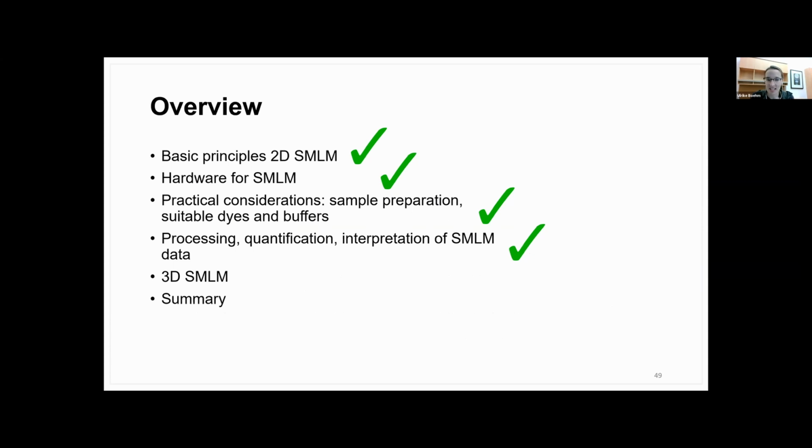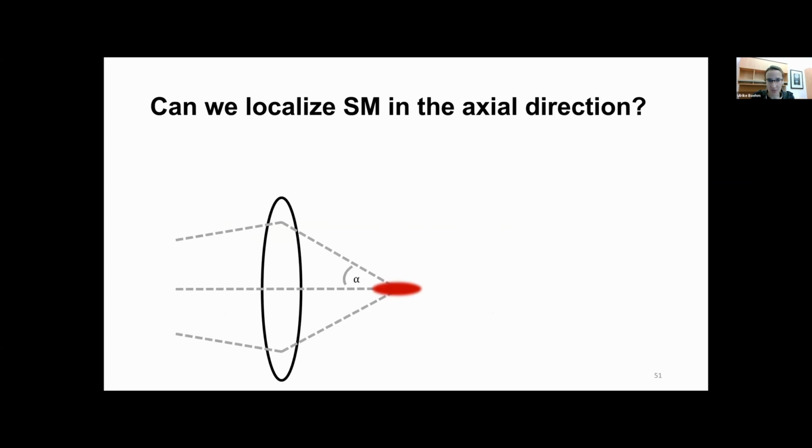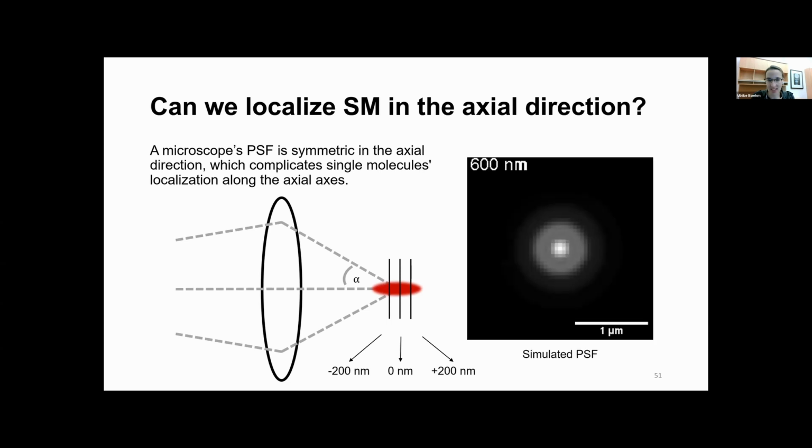I will dive very quickly over the 3D aspect of single molecule localization microscopy, before I also very quickly go over the recent advancements here at Janelia. For the third dimension, one has to look again at how the point spread function along the optical axis looks. Unfortunately, as you will realize from this scheme, when you're 200 nanometers above or below, it looks the same. So from this point of view, it might be quite hard to determine